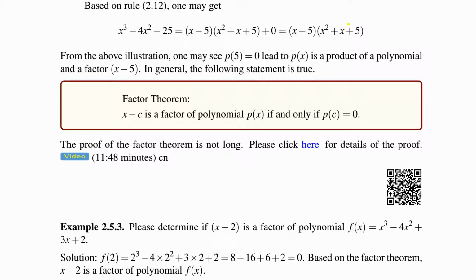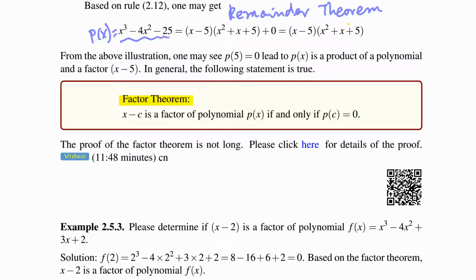In this video clip, we will talk about the factor theorem. The factor theorem is based on the remainder theorem. Remainder theorem says that if a polynomial p of x, let's say is this one,